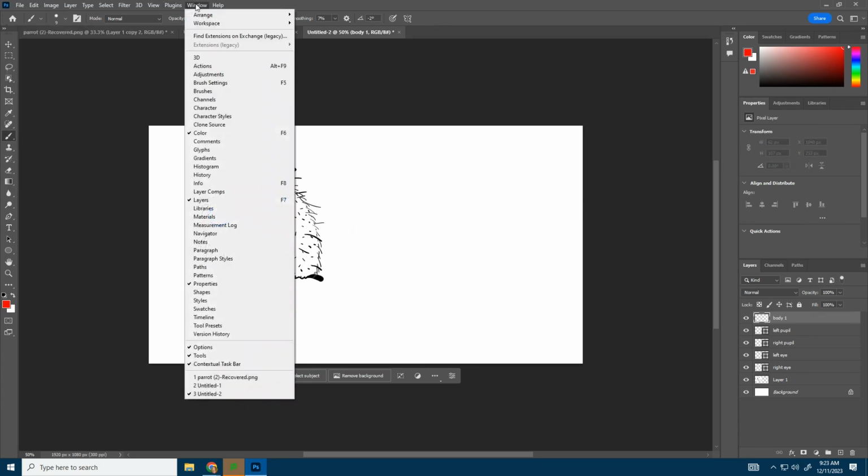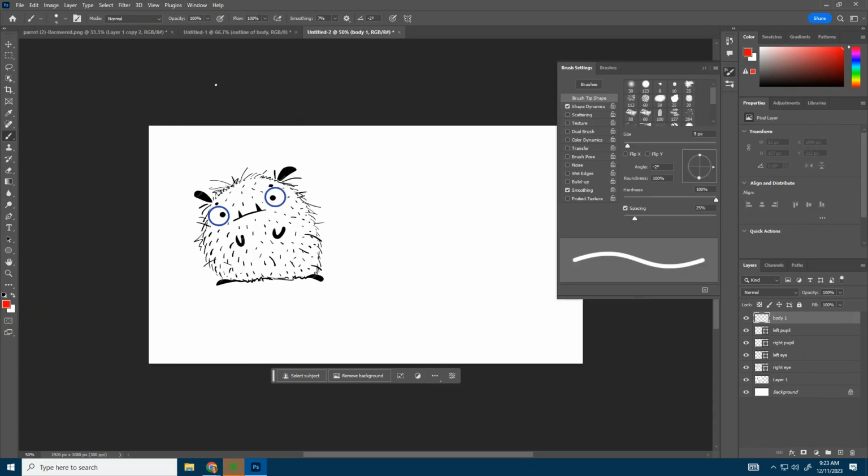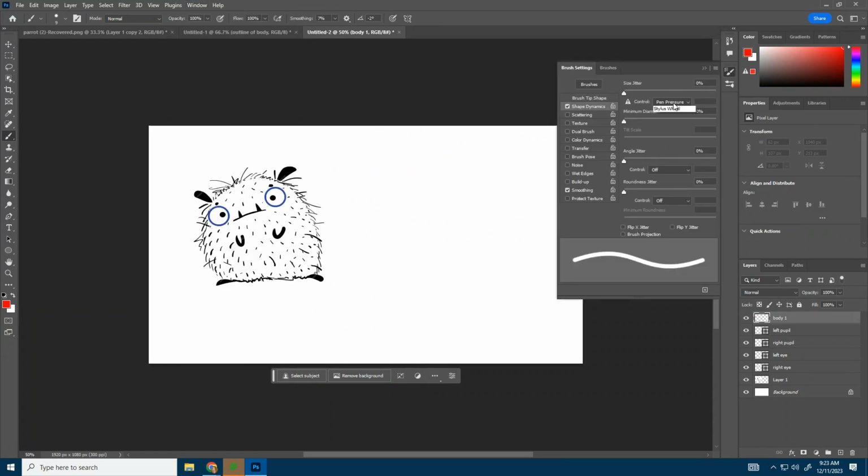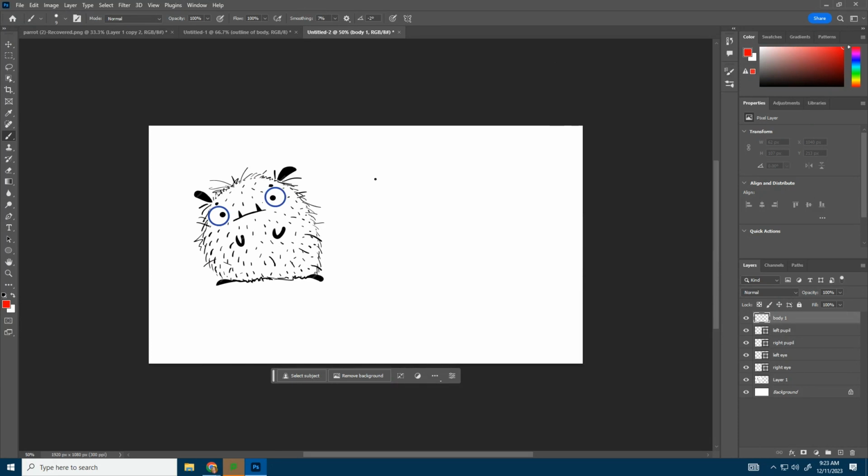creating basic lines. In order to get sensitivity to the brush, I can go to brush settings underneath window, choose shape dynamics, and then select pen pressure. And when I use the drawing tablet, it's going to give me pen pressure. So you can see I can do thick lines, thin lines. It just has more of a hand-drawn quality to it, which is what I would like for the body of